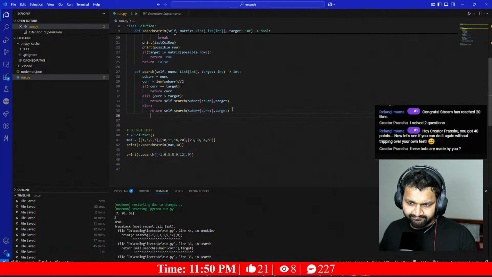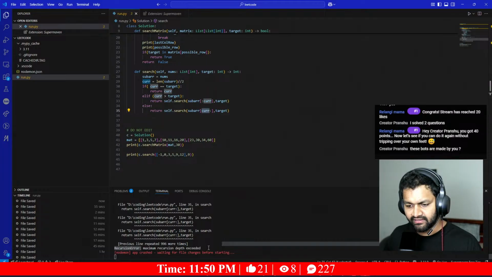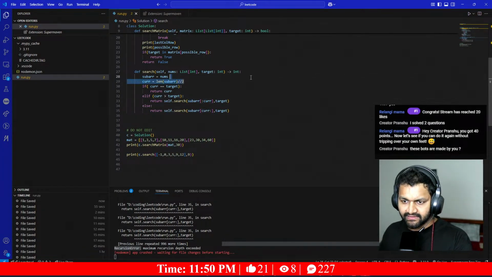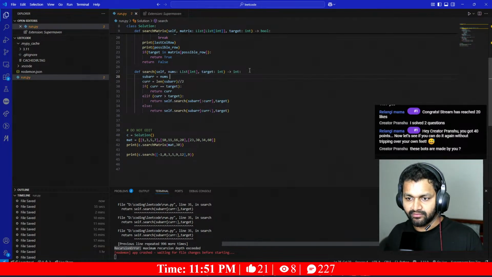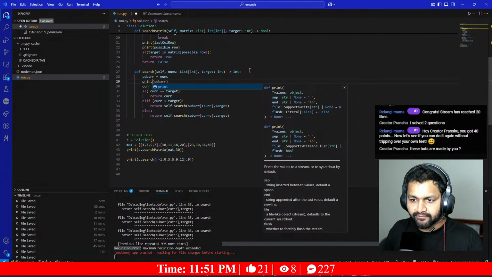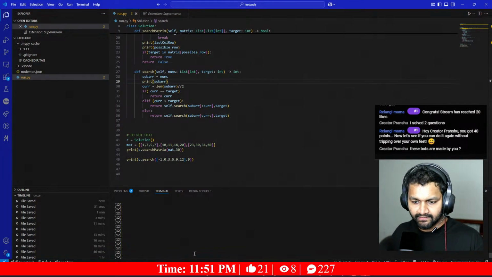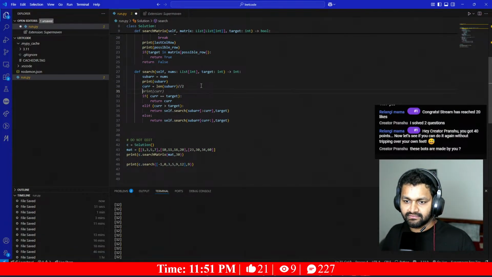I'm missing something. Sub array equals to, this is the array I'm sending, and it should be 0 to cur and cur to 0. The cur is the index. Then why does it say maximum depth? So let's go to cur. Oh, no, go back. Okay. Print sub array. We can see it's printing just 12. Why? I need to write a check whether if it is